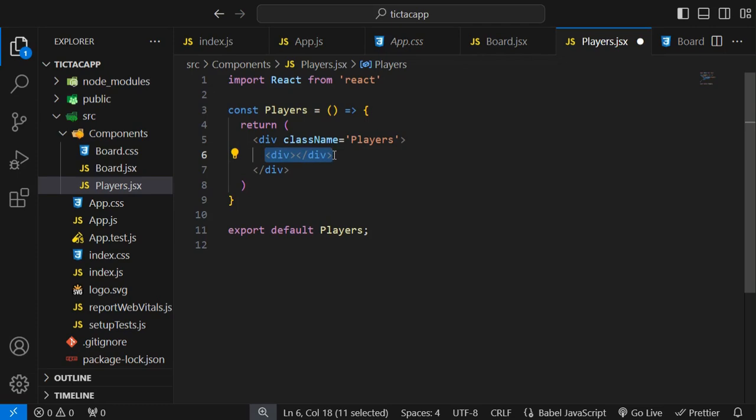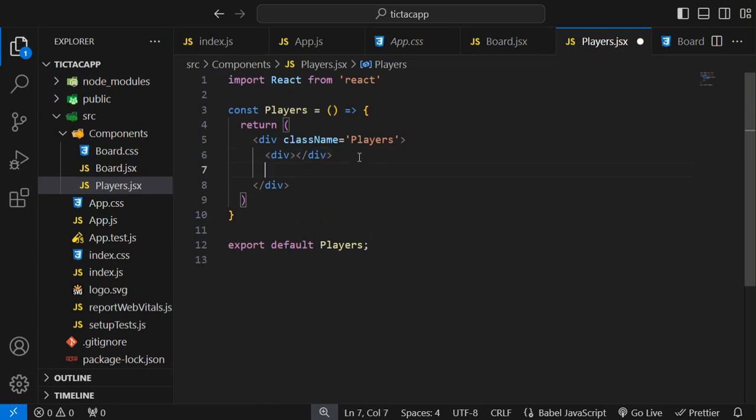Just press Ctrl C and paste it again here, and inside these divs I have to write player 1 and its sign as well. And here I have to write player 2 and its sign,